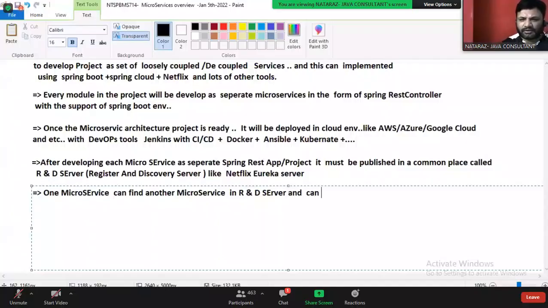Publishment is also some kind of deployment. Okay, don't worry. It can be used for communication, communication through the same old R&D server. Okay, guys.